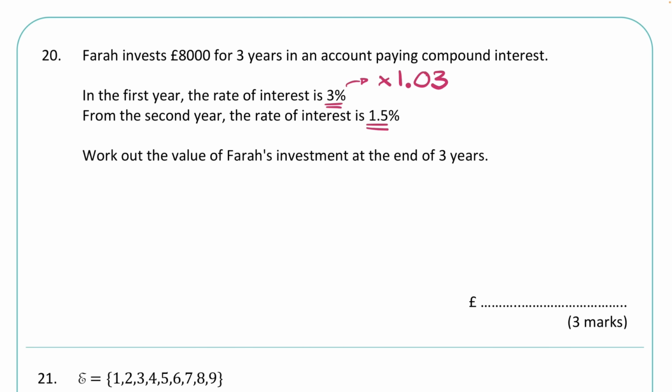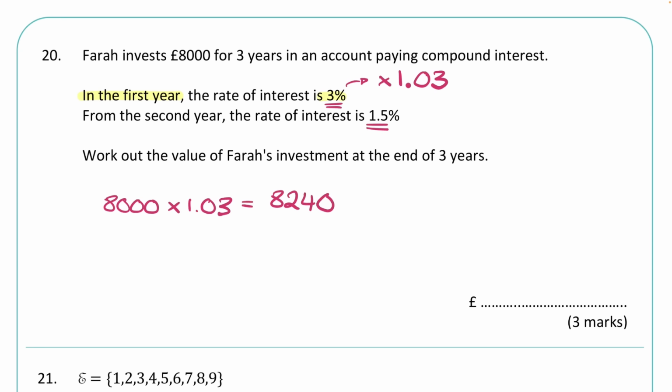You don't have to use the power. You could just sit and type times 1.03 for however many times you need to. This particular question does only give us that in the first year though. So we only get 3% in the first year. Now we can write that down. So 8,000 times 1.03. That'll give us the amount in the first year. Again, on the calculator, that comes out as